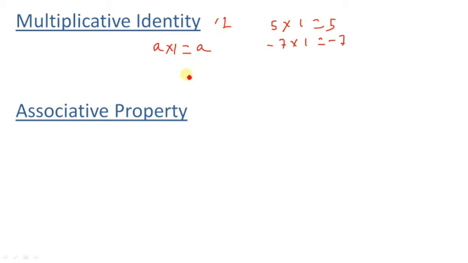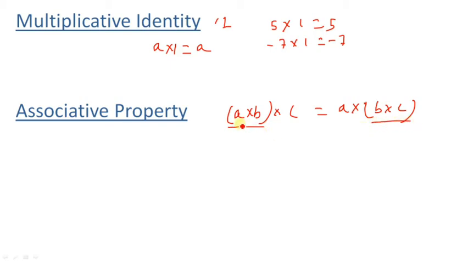Then we have the next property which is known as associative property. In the previous class we studied the associative property of addition of integers. Now we'll study the associative property of multiplication. We can write it like this: a into b into c will be equal to a into b into c, with brackets placed differently. Remember, in the previous class I told about the importance of brackets. Wherever there is a bracket, that will be multiplied first.